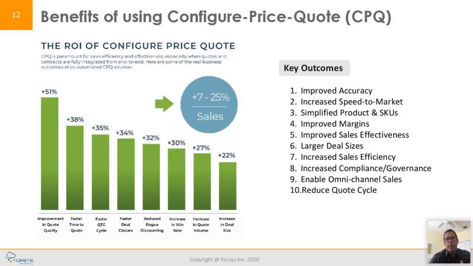So are you losing out on opportunities or leads or new deals because you're not fast enough, right? The other person has a better solution, easier to use, right? It's all about how to get more effective. And then there are some other ones, but really looking at those key outcomes, what are you trying to improve here, right? Is it accuracy? Is it speed to market? Is it really reducing some of your products, right? Is it really confusing for your customers?